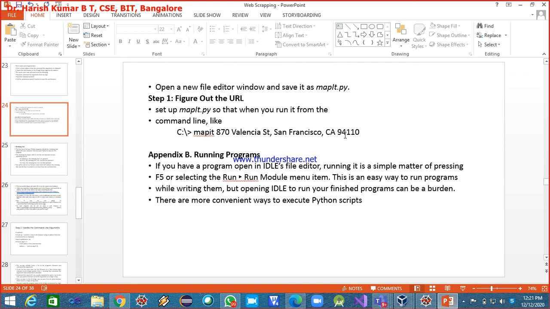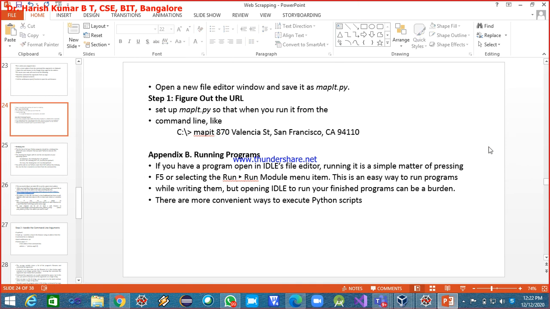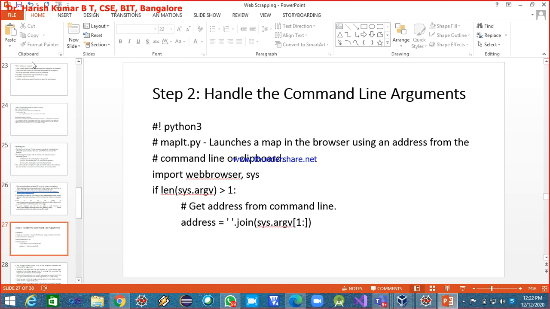Okay. Now here, leaving this name mapit, this entire thing it is going to take. Each one is a separate argument. This is one argument, this is another argument. So on the command line, basically the space is used for considering them as different command line arguments. But now I want the Python program to treat this entire thing as one single command line argument. Now how are we achieving that? By using this. On the space we are calling join, so it will be joined and made into one single string.